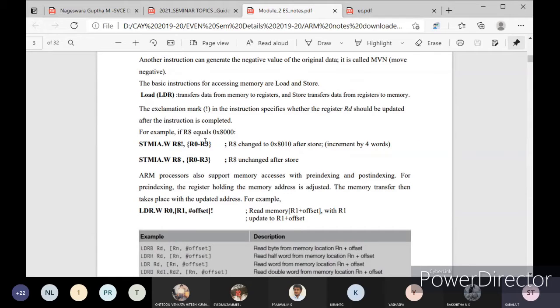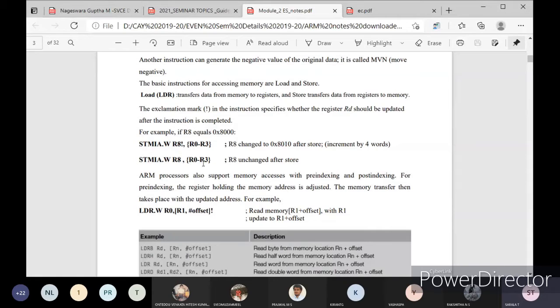Here, whatever data is in R0 to R3, you have to store it to the memory address, then increment the value by 4 for each register, because R0 to R3 makes 4 register values. If you are incrementing the address by 4 words, then the value will be 0x10 here, because each word increment adds 4: 4, 8, C, and after that 10. In that way you have to increment the value here.